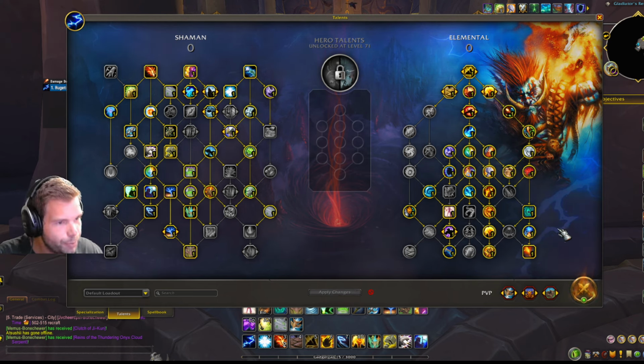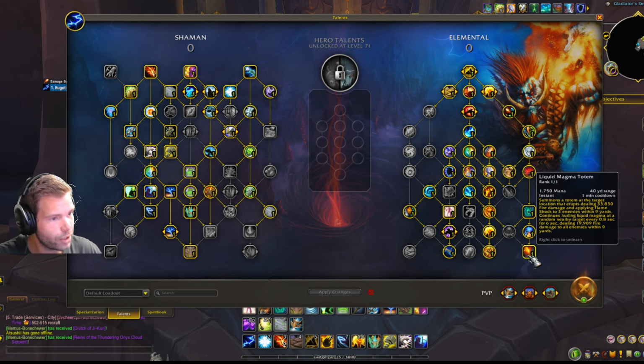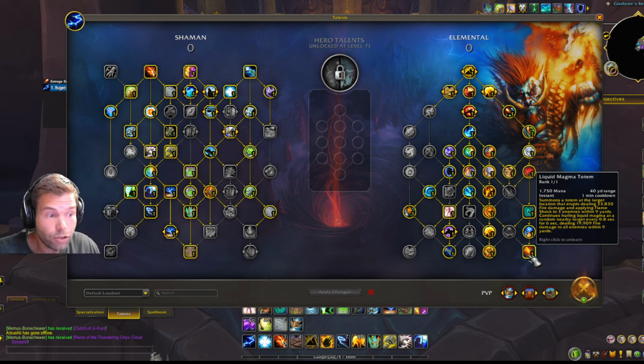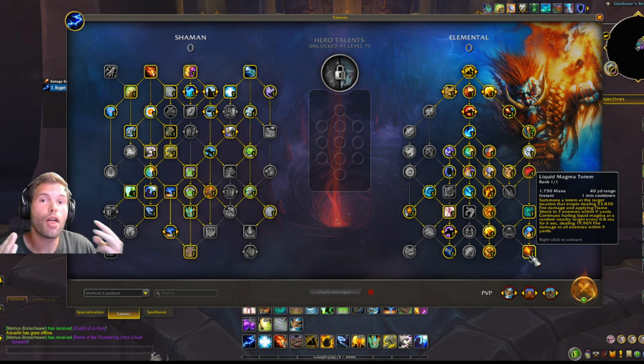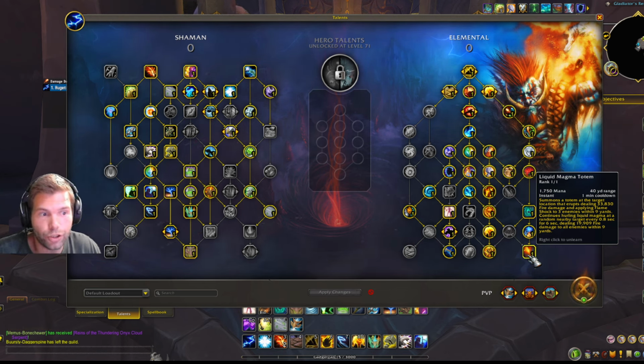Okay, how this build works is just so dumb. It's literally called Liquid Magma Totem. It sounds super bad. In reality, it's super bad. But what's happening with this talent is it allows us to flame shock 3 targets at once in one global. It makes it literally one of the best talents possible for Elemental Shaman if you want to gain as much